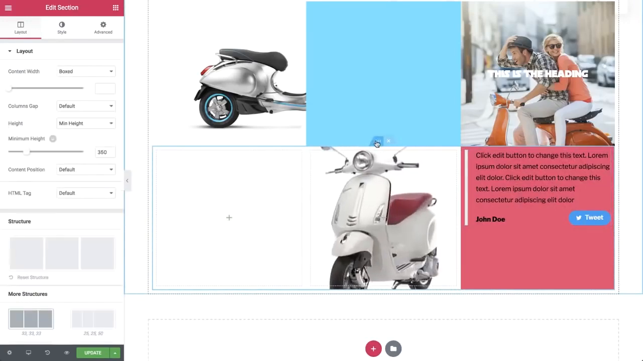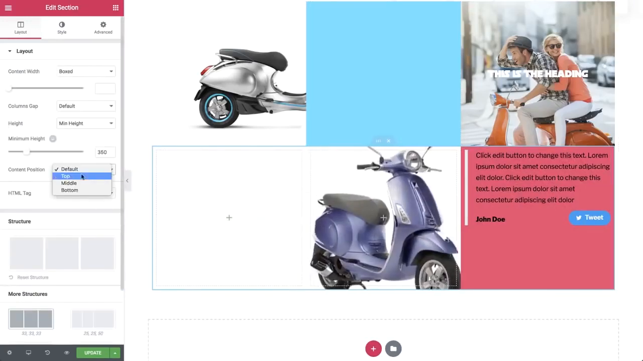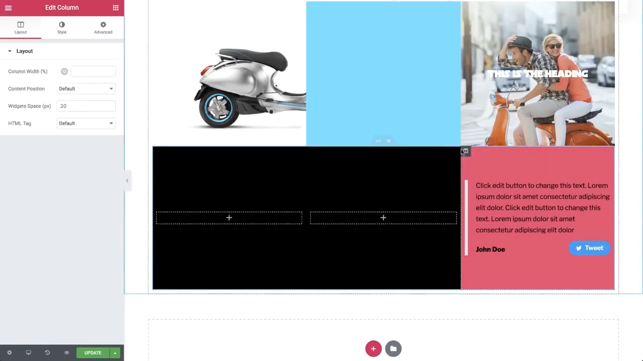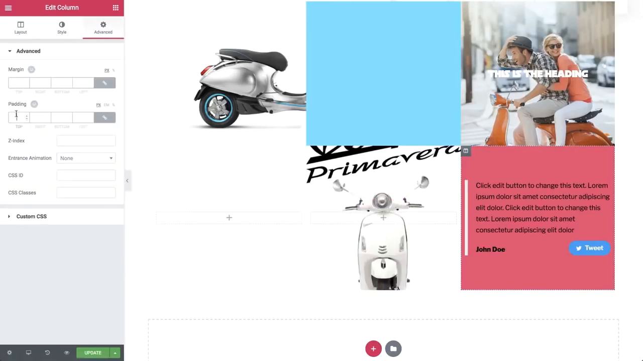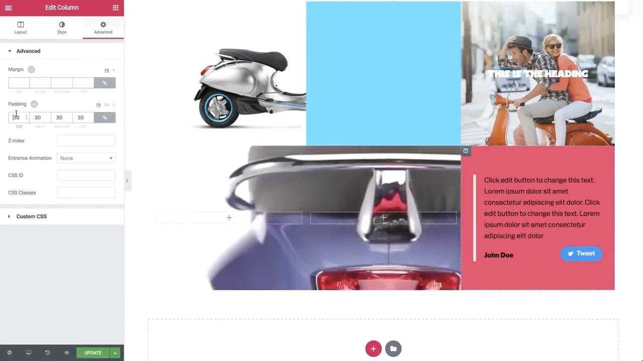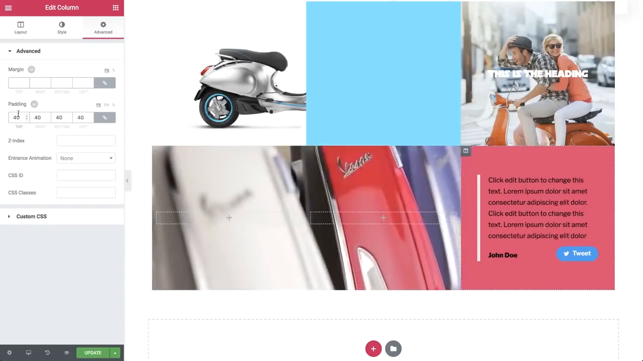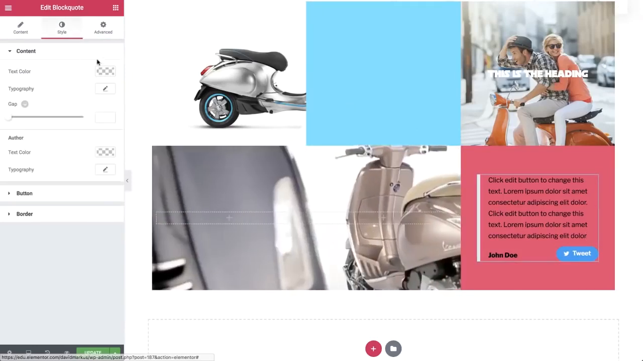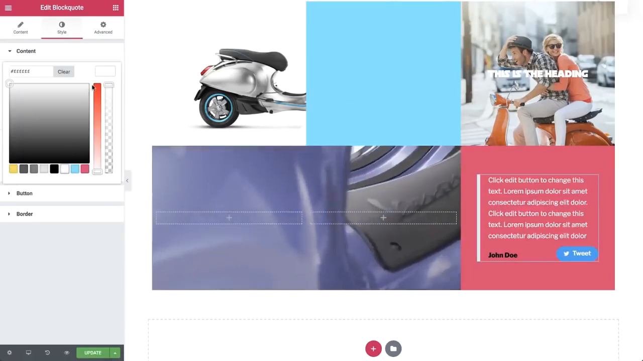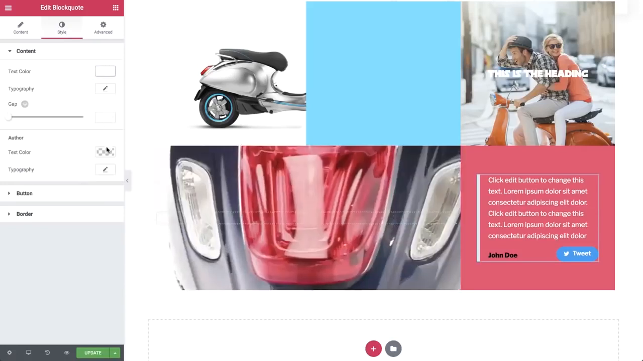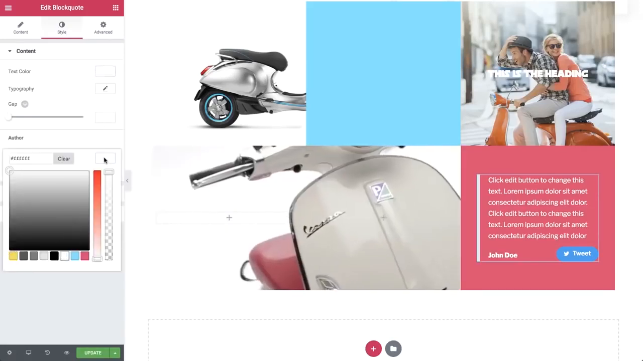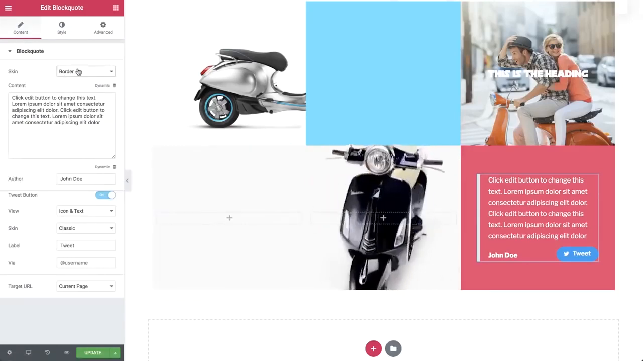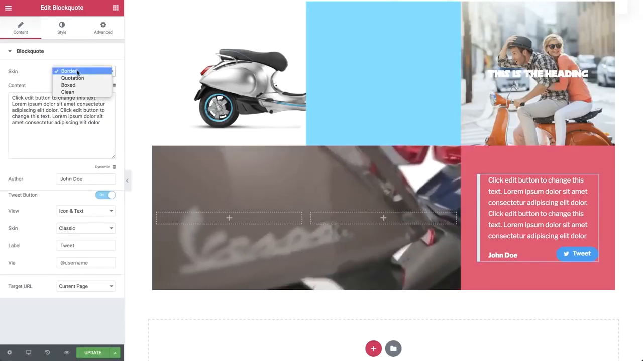Back to edit section, content position middle, edit column, padding 40 pixels on every side. Under the Style tab, change the text color to white, text author white as well, under the Content tab, change the scheme to quotation,